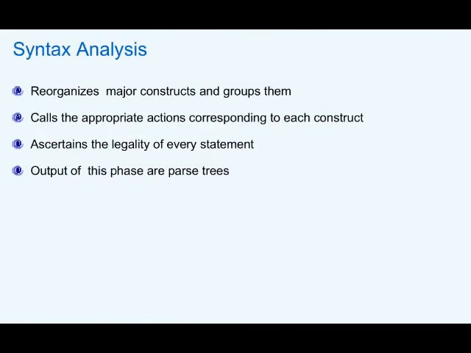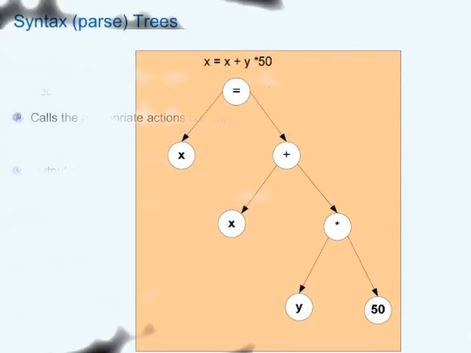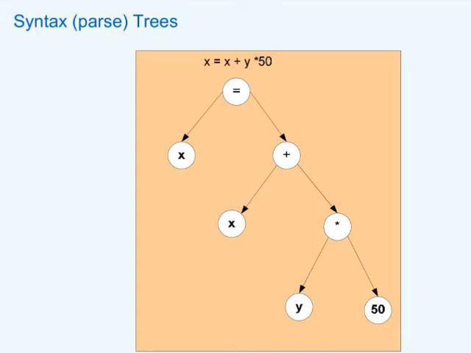In the next phase, the syntax analysis phase, the tokens taken from the earlier phase are constructed into the parse tree form, and legal statements are found out based on the language specification. That will be done in this stage. The output of this second phase, the syntax analysis phase, is the parse tree. Let's have a look at an example.